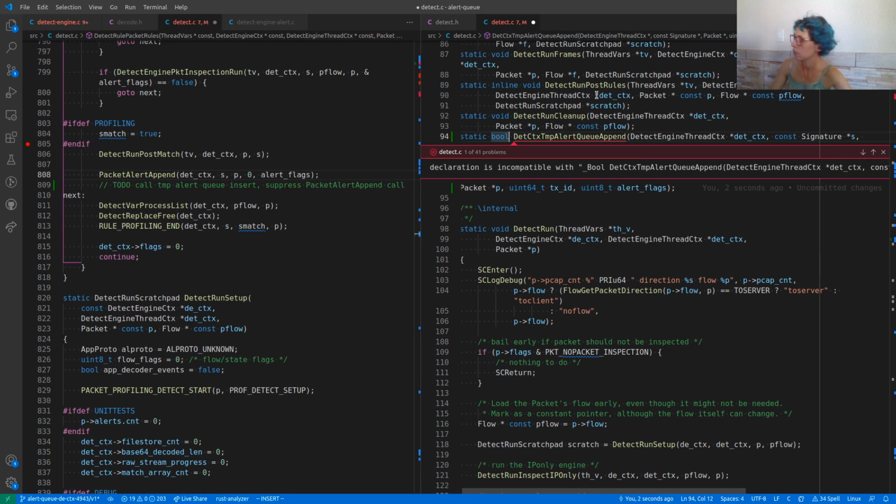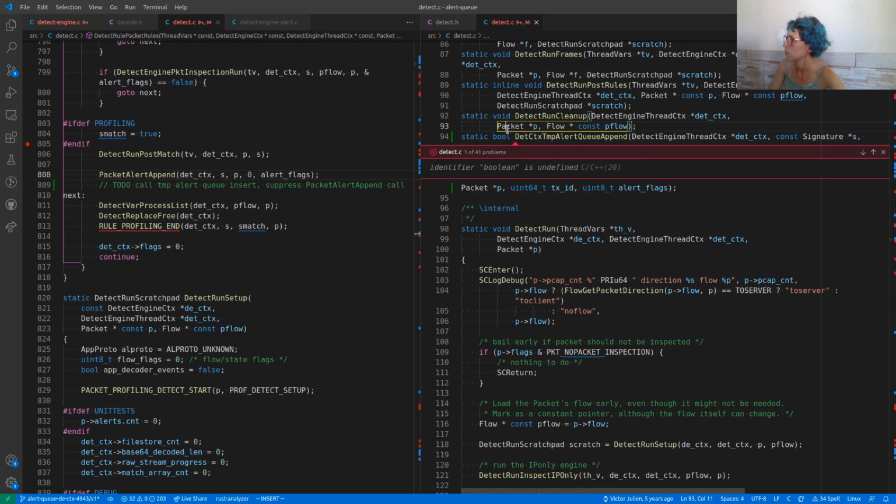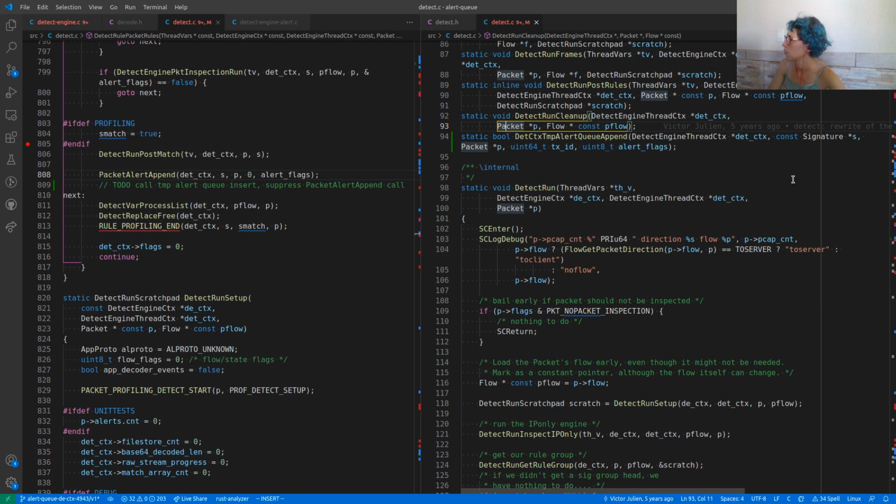Isn't it bool? Does it have to be boolean? No, it's bool. Yeah, boolean is undefined, bool is defined. Give me back. You are so slow. So very slow. Let's wait for you to change your mind. Oh wait, is it gone? Like for real? Okay, we have the prototype.